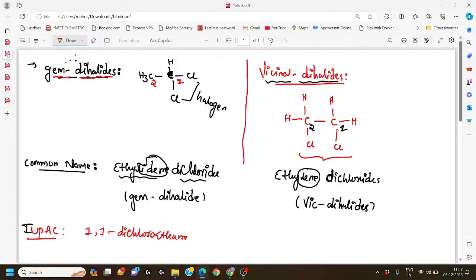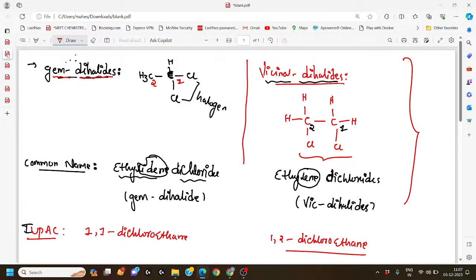So here also 1,2. At the 1,2 position, two chlorines are present. So 1,2-dichloro, here also ethane. Why? Because two carbons are present and we observe the single bond between the given compounds. I hope the general introduction of gem dihalides and vicinal dihalides is clear to you. How do you name them, how is the common name and how is the IUPAC name